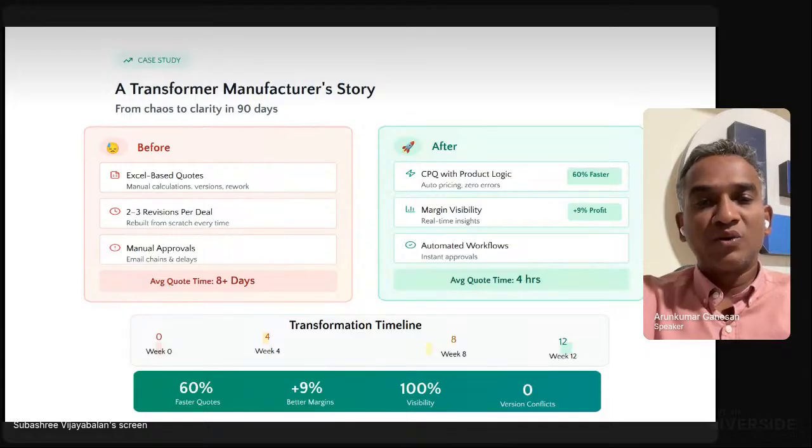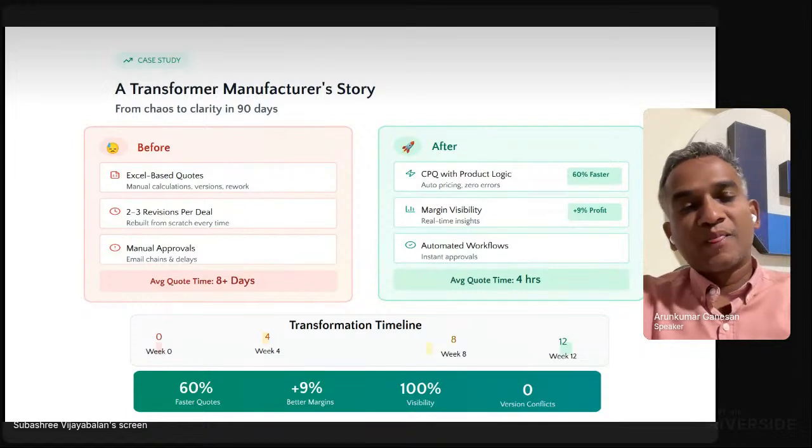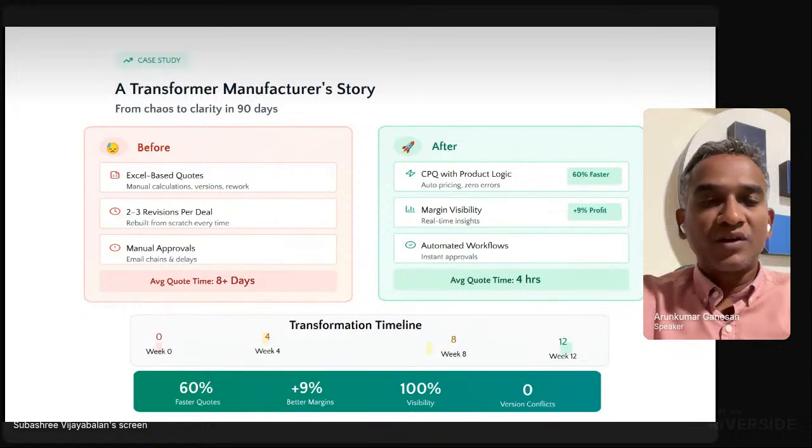When the sales agent wants to give a discount beyond their limits, it will automatically trigger a workflow to their supervisors and so forth. Even today, the normal industry standard for giving a quote for an engineer-to-order scenario is about 14 days. And for a regular make-to-order scenario, it will be about 7 to 8 days, right?